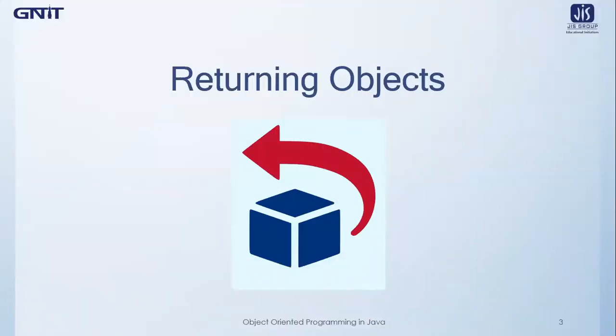So let's start with returning objects in Java. As we all know that values can be returned from a method in Java. That is known as a method returning some values, and that value can be of any primitive type. Similarly, we can also return objects from a method in case of Java programming. By returning objects, we can return any particular type of data which are the primitive types. So let's see an example program to understand how objects can be returned from a method.